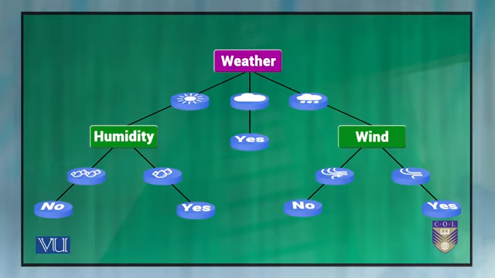Now, if you look at the diagram, weather has 3 situations, 3 options, 3 conditions. Weather can be sunny, it can be cloudy, or it can be rainy. And humidity too, once again, in here we've shown 2 parameters. Humidity can be high or normal. Likewise, there could be wind blowing as well. And the wind can be strong or weak.